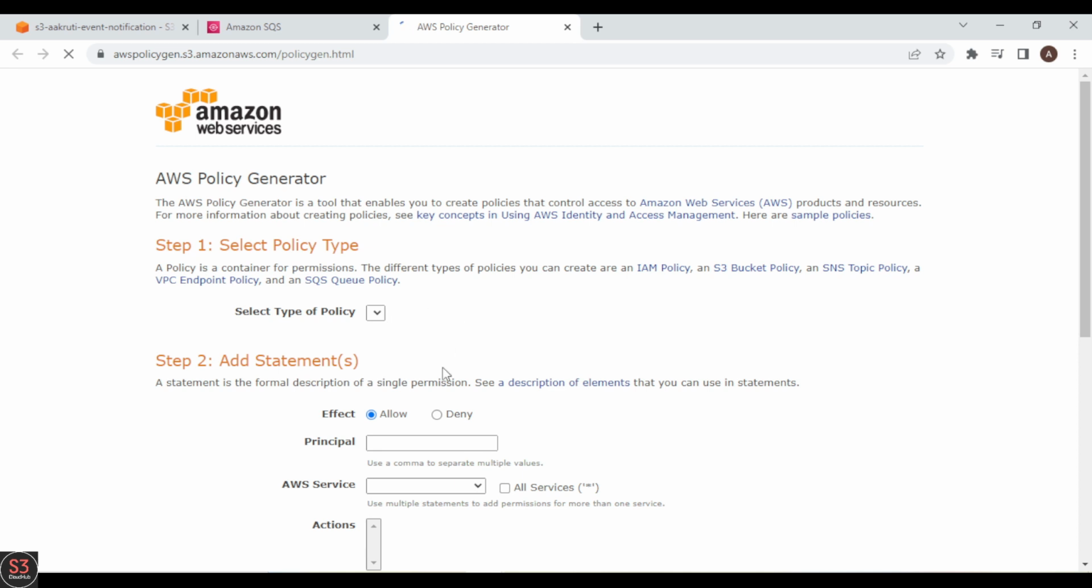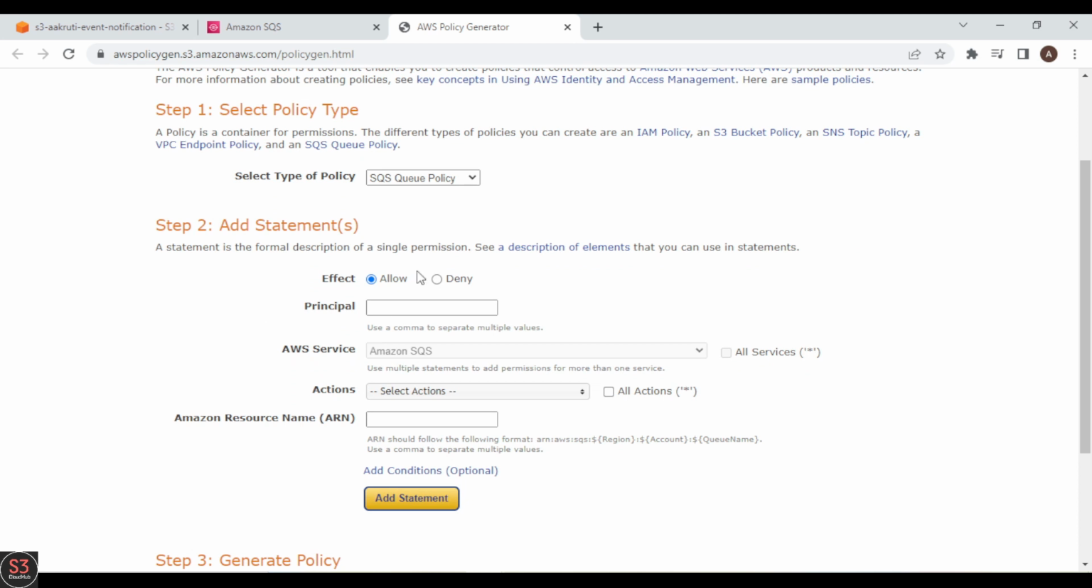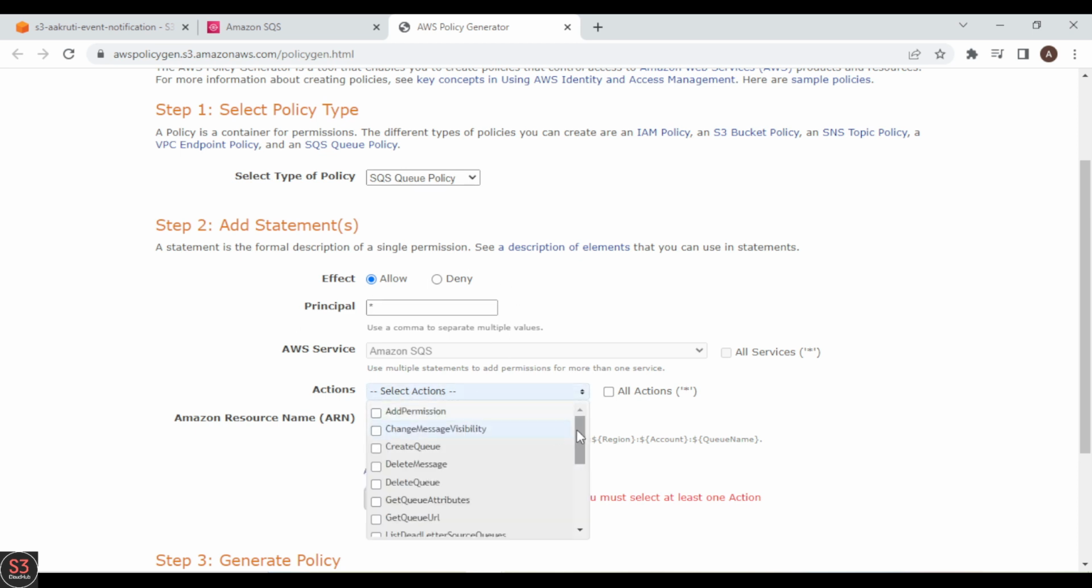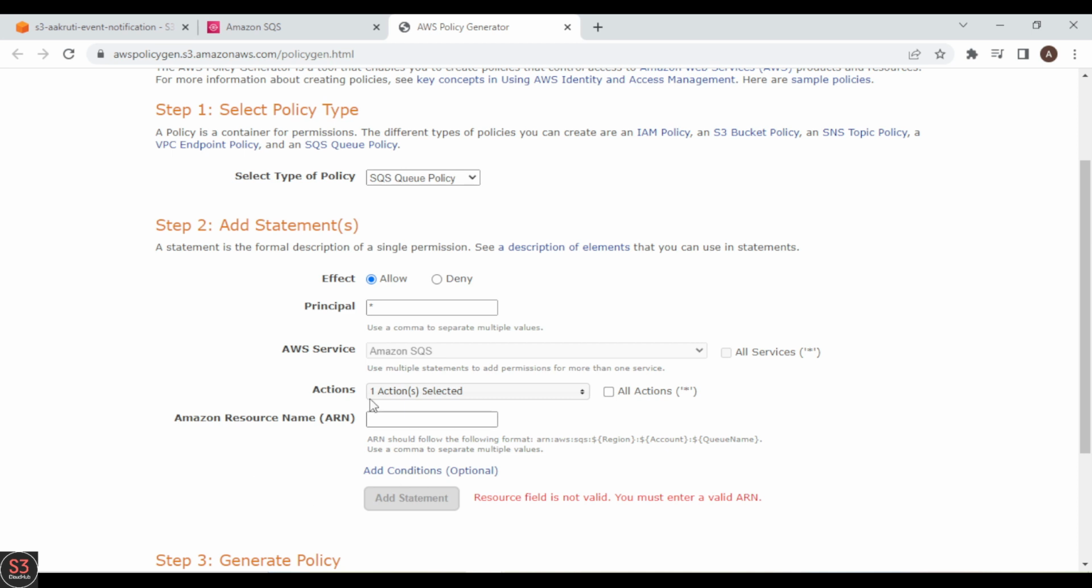So here we are going to create a policy for SQS queue. Let's wait. Okay. Here we need to select SQS queue, and in effect we are going to select allow because we want to allow. In principal, we are going to choose everyone, so every user is able to access. Then for actions, we need to choose to send a message. Here is the send message action. Let's select it. And here we need to specify the ARN of our